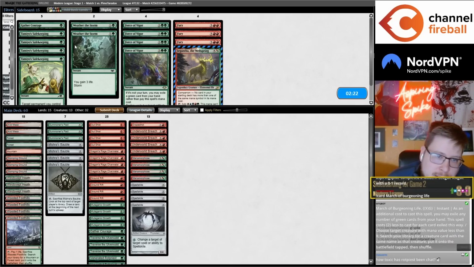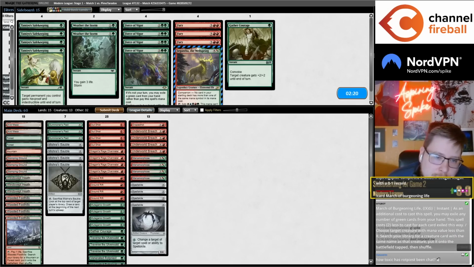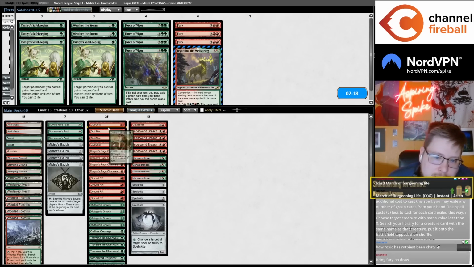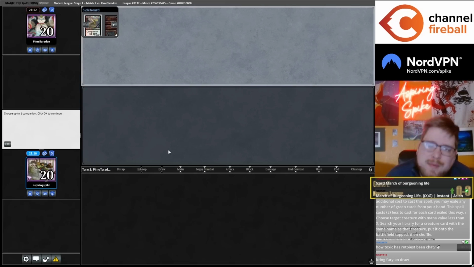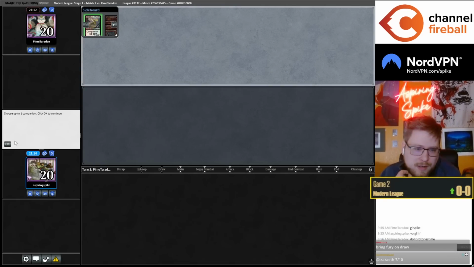I think I still just bring in the Gather Courage #2. I mean, I could bring in like a Tamiyo Safekeeping. Let's do this on the draw too. Oh, not the Gutshot, the 4th Breach, since I'm kind of expecting Leyline. Bring in Fury on the draw? Maybe, maybe. I don't think Fury's great against Hollowvine typically, but